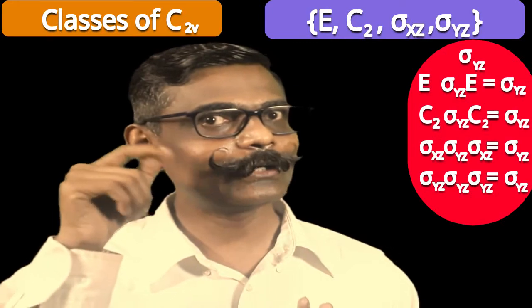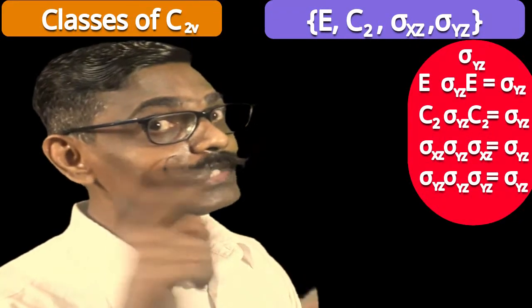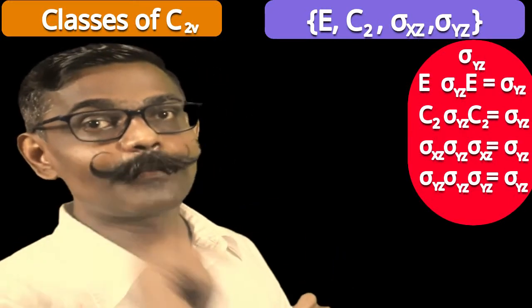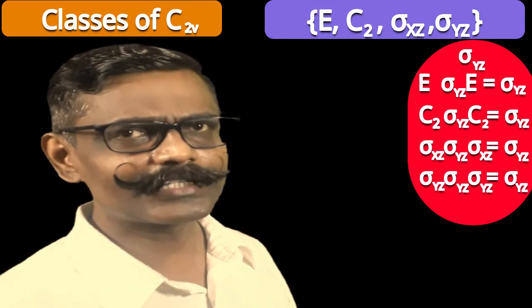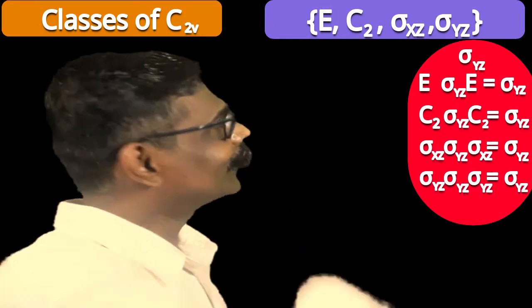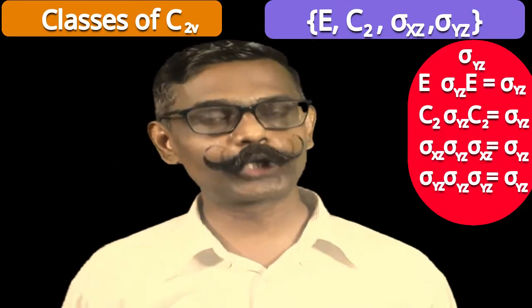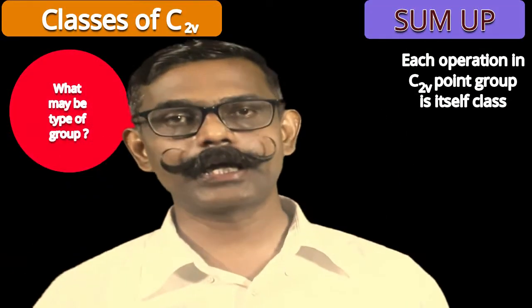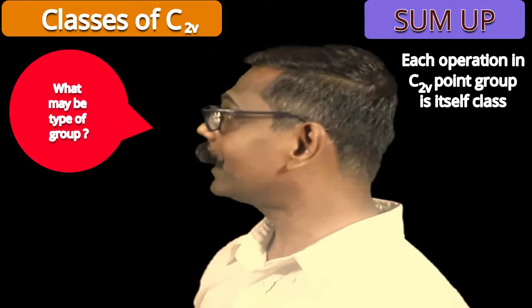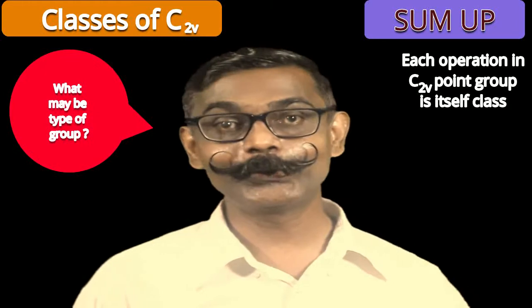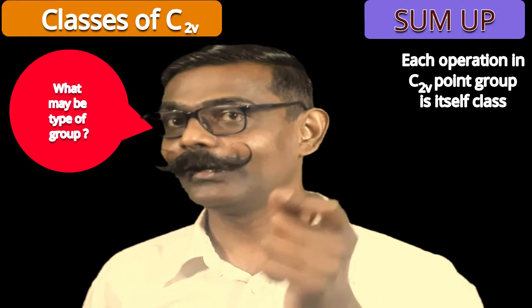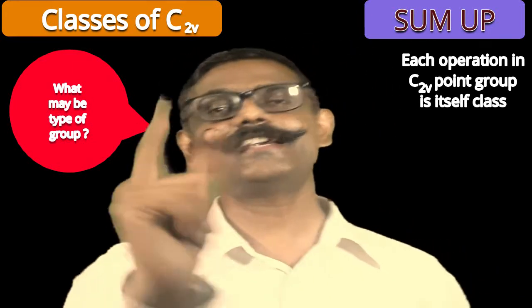So what is the specialty of such a group? Which group is it? I told you that in that kind of group the number of classes is equal to the order of the point group. All operations separately are the classes. Yes, abelian group. Therefore, C2v is an abelian group. We are discussing the abelian group in detail. So is this point of the C2v point group and the classes clear? Yes. As I said here, each operation in the C2v point group is a class. Then what can be the type of that C2v point group? We have studied previously, I told you that point. In detail we are discussing later on. But the type of that group will be an abelian group.